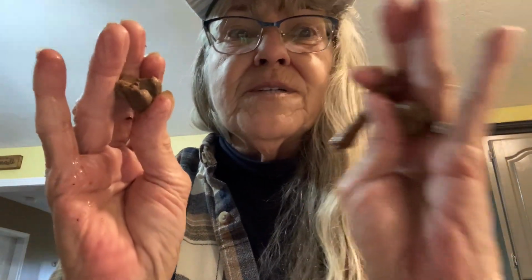It just crumbles. That is great for your animals. They love it. I give it to Lily and Brutus for a treat, and they love it. And then the pigs are gonna benefit too. They're gonna get some of this, and it will go in their feed, with their feed, and they're gonna love it, y'all. So there's my information I have on bone